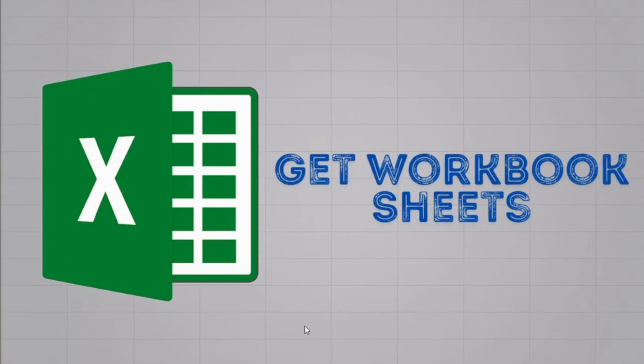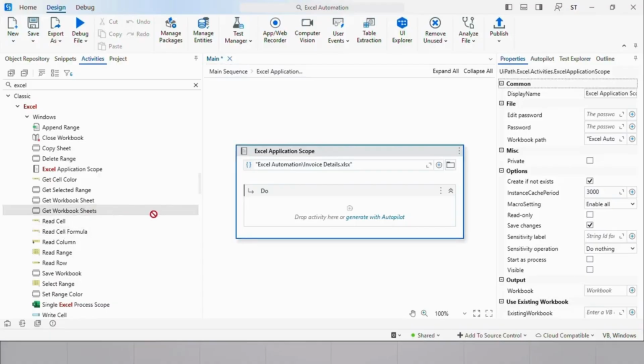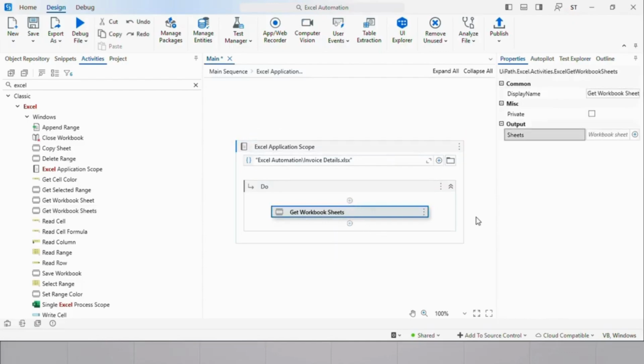Get Workbook Sheets activity. If we want to get all the sheet names in the input Excel file, we can use the Get Workbook Sheets activity. The output of the Get Workbook Sheets activity is a list of strings. So let me create a variable